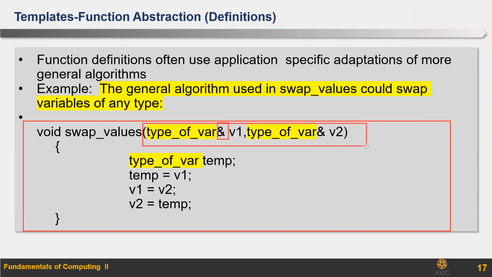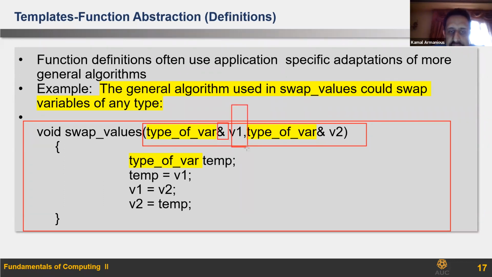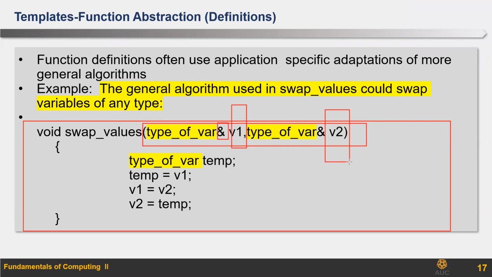Did we specify if they are integer or float or anything? We didn't specify. It's not specified. So this is called, yeah, Hannah, and for all, this is called a function template. We didn't specify what v1 is as an input variable to the function and what v2 is. What are their types? We didn't specify that, did we, Hannah? No, we didn't.